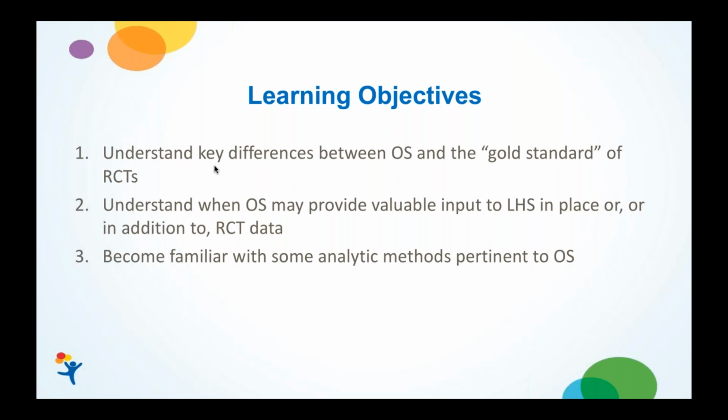We're going to think through some of the differences between observational studies and RCTs, and specifically how observational studies can provide valuable input, especially in a learning health system model, either in place of or in complementary addition to randomized controlled trial data. And then at the end, we'll talk briefly about some analytic methods that are pertinent to observational studies, particularly if you're trying to figure out the best way to feel certain about potential causality, which is a weakness of